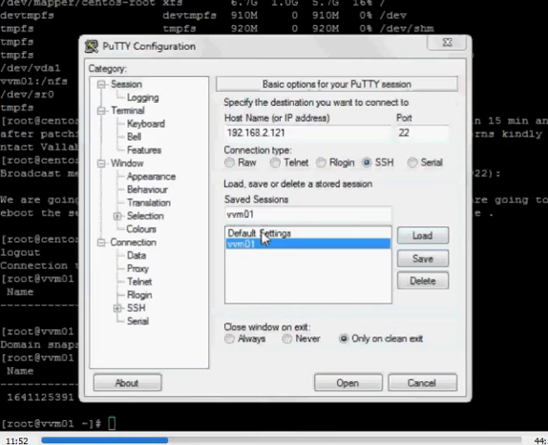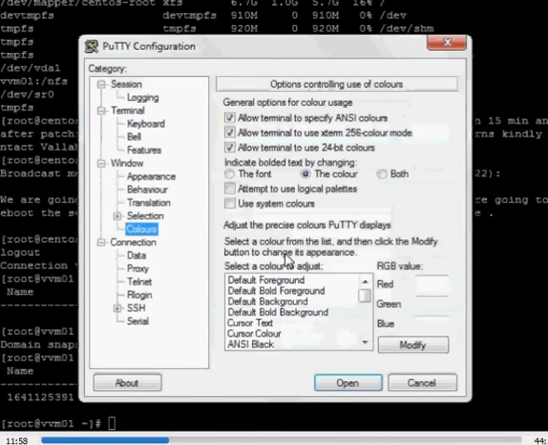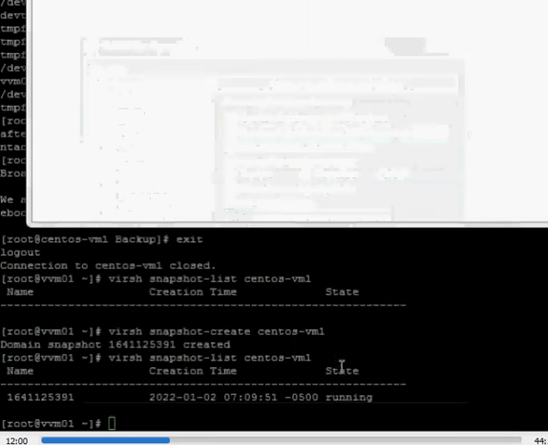Friends, we are going to open a new terminal to take the console of this server, so I can show you the difference. So I am opening a new PuTTY terminal, and here I am going to change the color of the terminal, so you can see the white color.